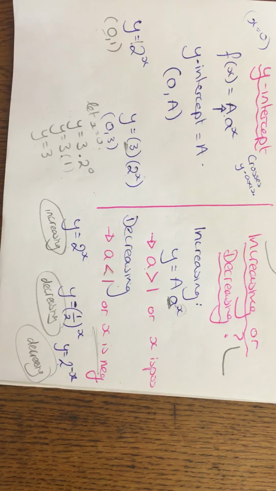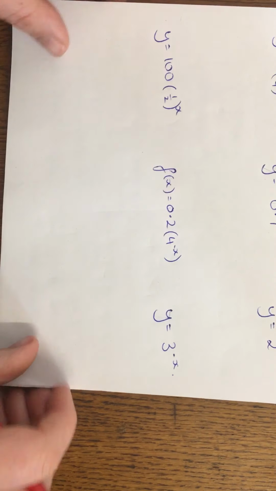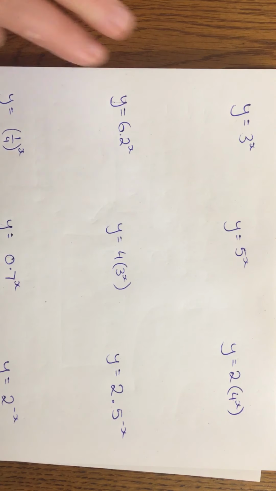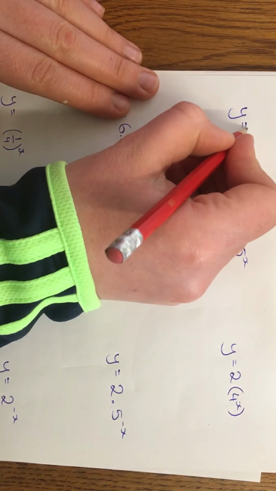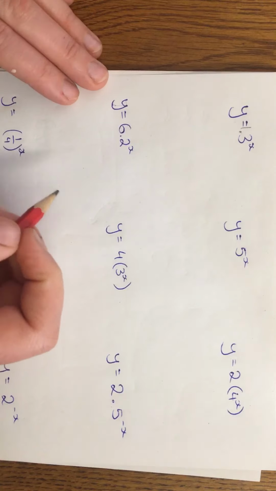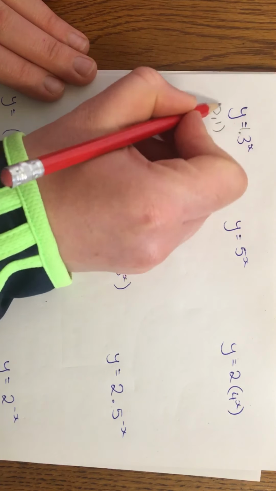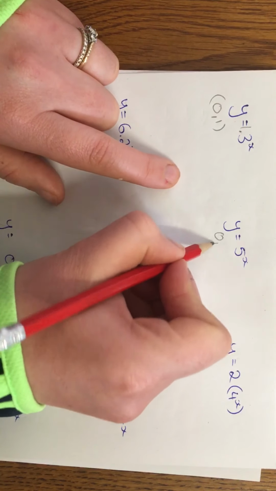Okay, so I'm just going to go through another couple of examples, just doing those two things, right? So I'm going to get the y-intercept first. Remember, the y-intercept is whatever is sitting in front of it. So if there's nothing there, it's a 1. And remember, that's multiplying. So the y-intercept is (0, 1). Here, again, (0, 1),